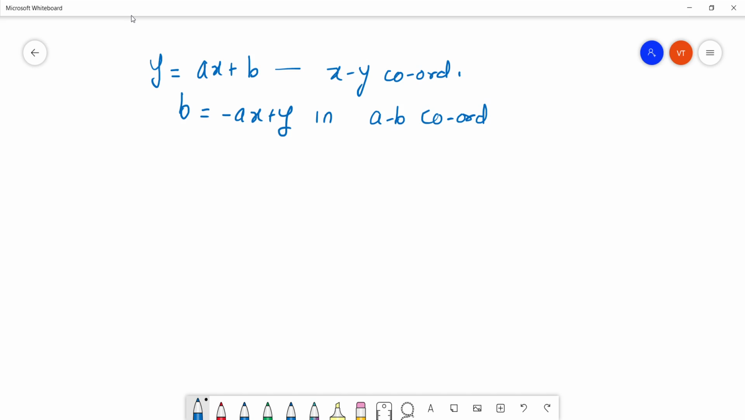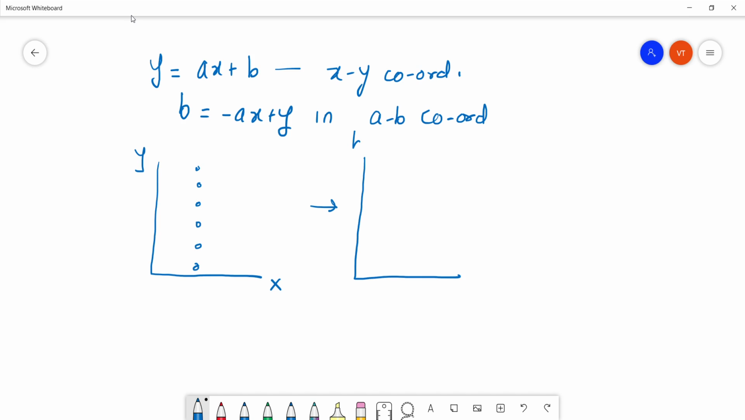Okay, so if there is a vertical line like this, what will happen in the ab plane? You will get a line for each point here, but all the lines will be parallel to each other. Okay, so what is the meaning of this? These lines, even though all the points here are collinear,